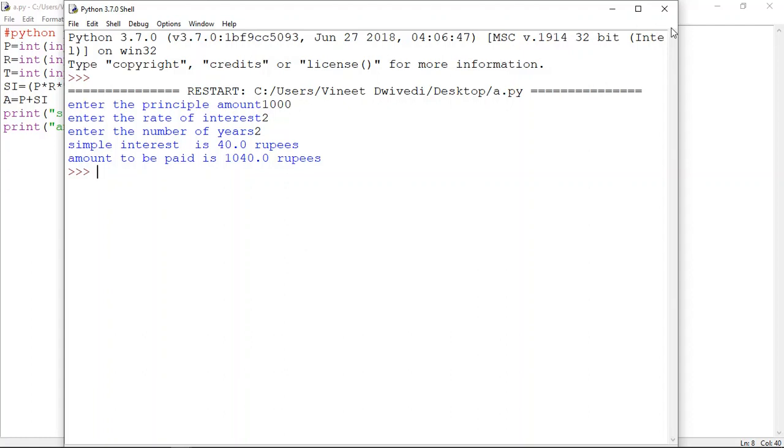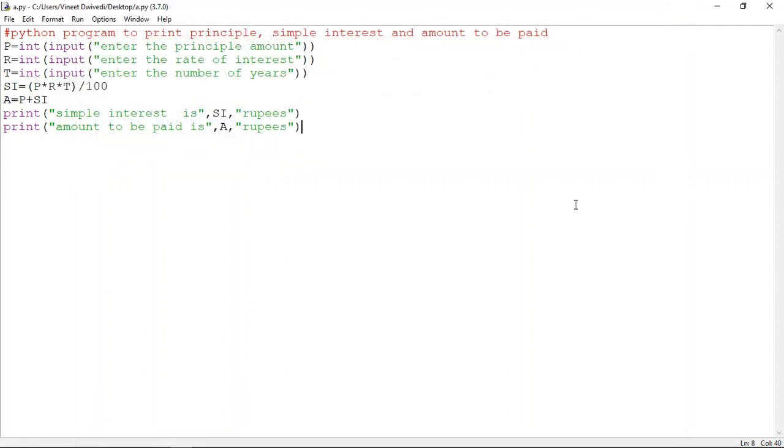So you can see the programming is so easy here, you don't have to worry about all those things. Okay, so let's change the code, go to another code here. If you want any other code, suppose Python program to print volume of a cylinder. Simple program, don't have to worry. Any program you can make, I'm just giving you some sample programs so you can understand how you can change a few codes.